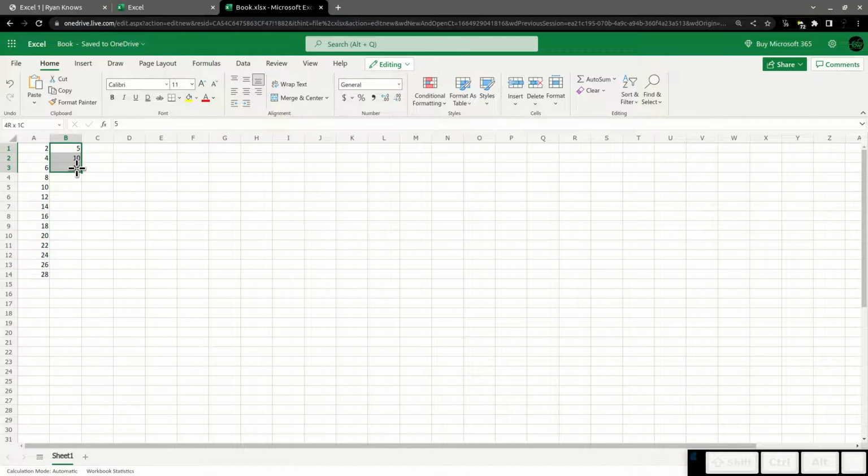And now, just to clarify from last time, that little square down there in the lower right, if you cursor over it, your cursor changes from sort of a fat plus sign, like a really thick one, to more of a thinner spread out, crosshair one. And if you click and drag, it will just continue that pattern for you. So this column A is going up by 2s, column B is going up by 5s. I just wanted some information in here to work with.